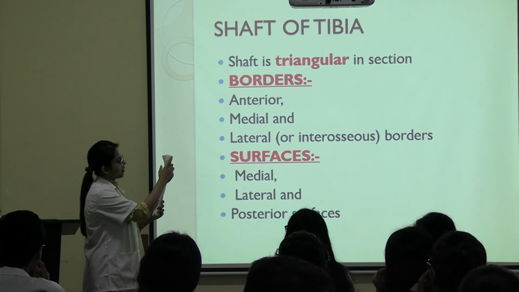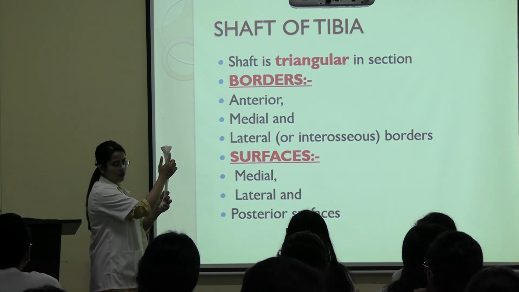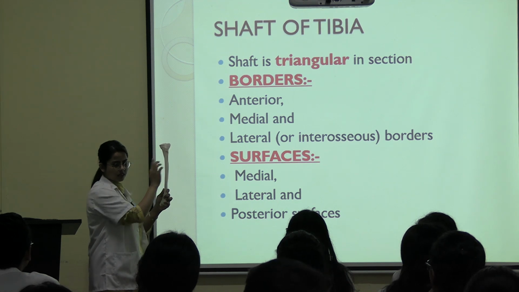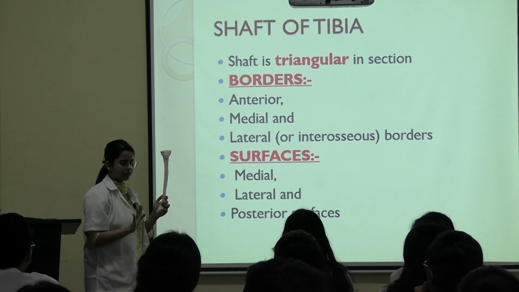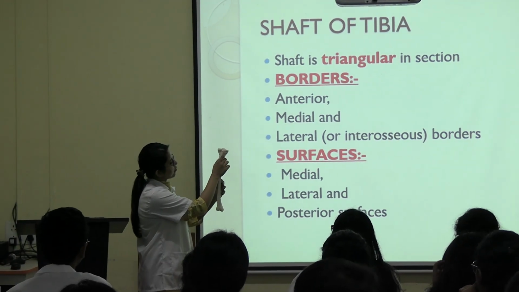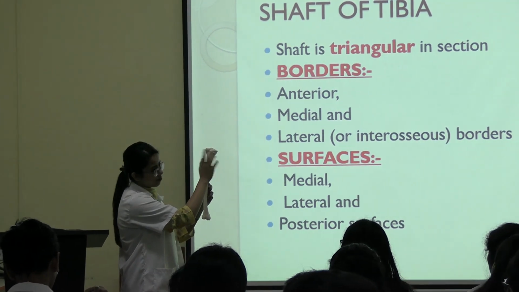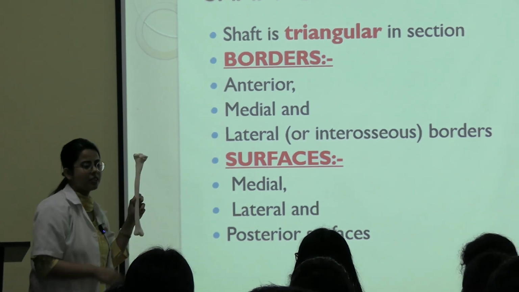Now the anterior surfaces of both medial condyle and lateral condyle will join to form this area. What is this area known as? Clear? It has a smooth upper part and a rough lower part. Clear? Now let's come to posterior surface. This is posterior surface of which condyle? Medial condyle. It has a groove. For which muscle?